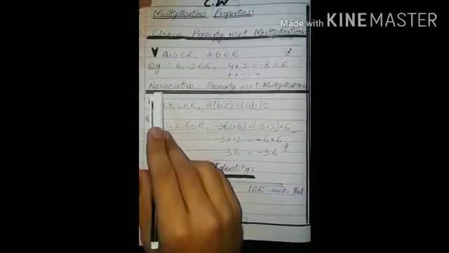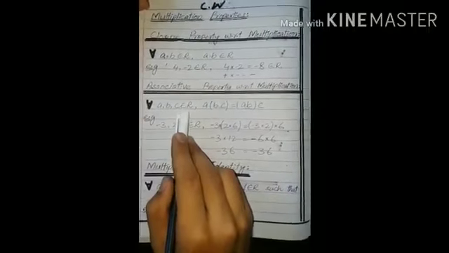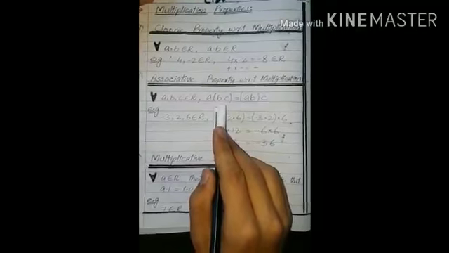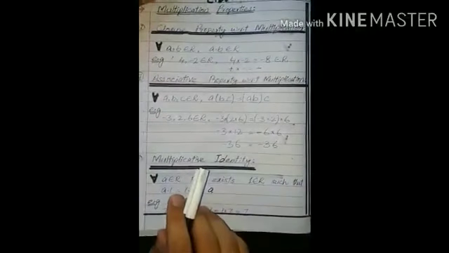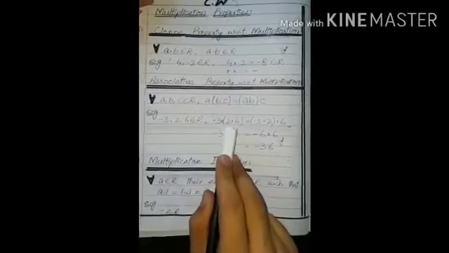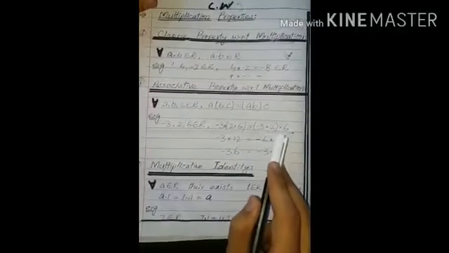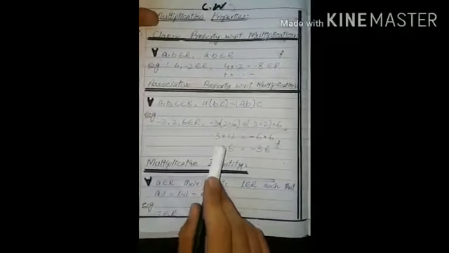Now the next property is associative property with respect to multiplication. It says for all a, b, c belongs to R, if we multiply these three numbers, we will get the same answer from both sides of the equation regardless of the groups. For example, minus 3, 2, 6 are three real numbers, and if we write these three real numbers in the form of this above equation, we will get something like this: minus 3 times 2 times 6, and minus 3 times 2 multiply 6. Now if we solve both sides of the equation, we will get the same answer from both sides of the equation.